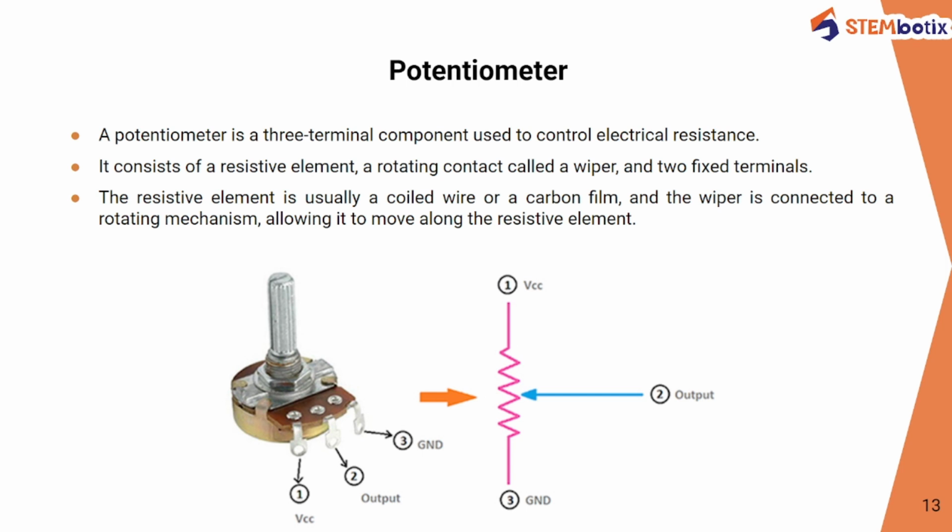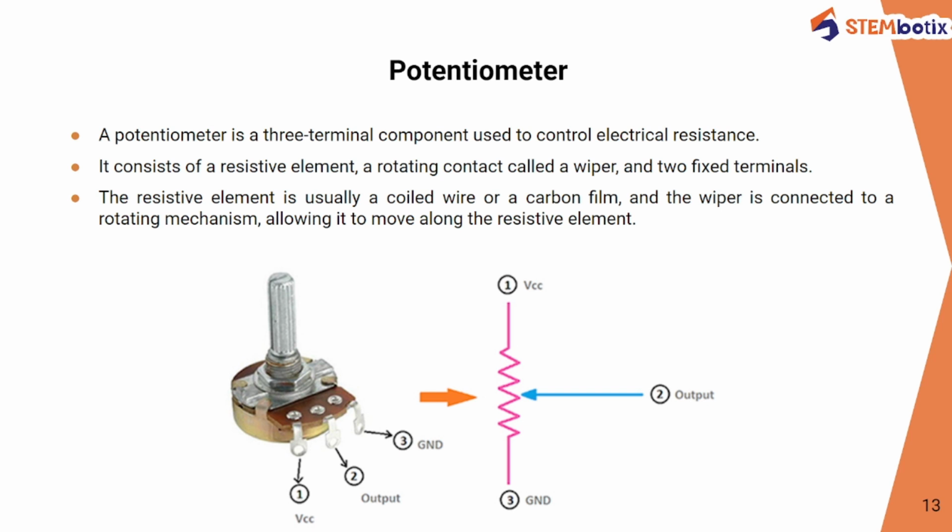Now there are several types of potentiometers, and you can classify them in several ways. There are linear and logarithmic potentiometers, which are classified on the relationship between resistance and length. After that, we have rotary type and sliding type potentiometers, which are described by the movement of the wiper. So these are the different types of potentiometers which are available in the market. But basically, a potentiometer is a three-terminal component which is used to control